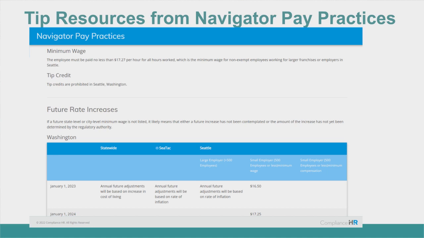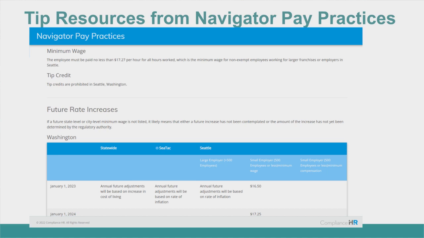And if the build-out was here, you would see a map of the United States. You would click on the state you were interested in. Let's say it was Washington. You would answer a question, are you interested in tip credits? And you would say yes or no. Based upon doing that, it would ask you, what city are you in? Are you in Seattle? And then when you answer those questions, and it's literally 4 clicks of the mouse,